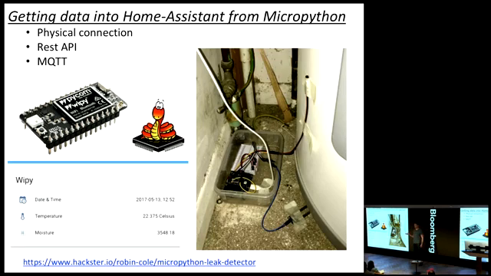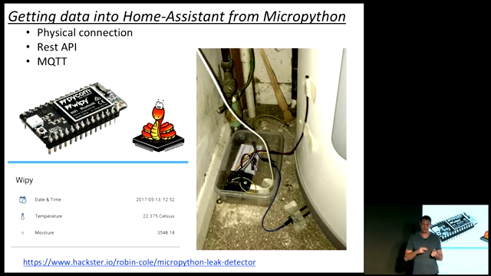I wrote some MicroPython code that would ping regular readings from these sensors to my Home Assistant using the MQTT protocol, and I had a little real-time display on Home Assistant of the readings. So I ran this and had a few more leaks, and I noticed that the leaks were always happening when I wasn't home, but they were happening exactly at 5:15 p.m. And this is such a specific time that with the engineer, we were able to figure out what was basically causing the leak. So we solved it. I haven't had any problems since, so that's great.